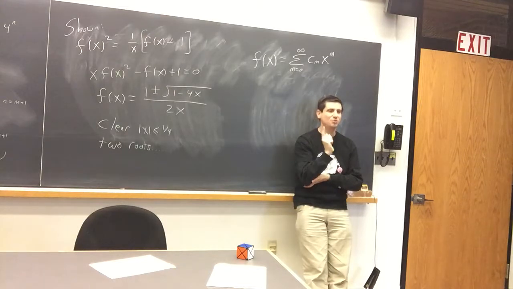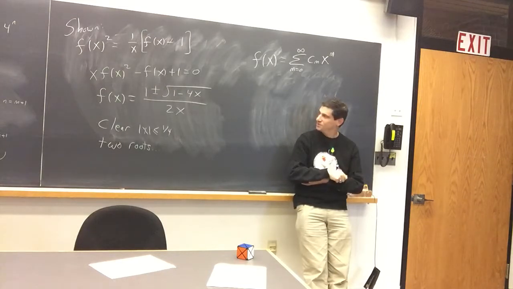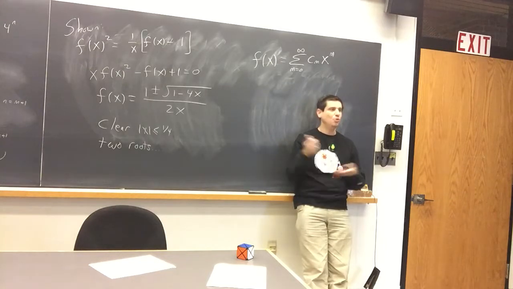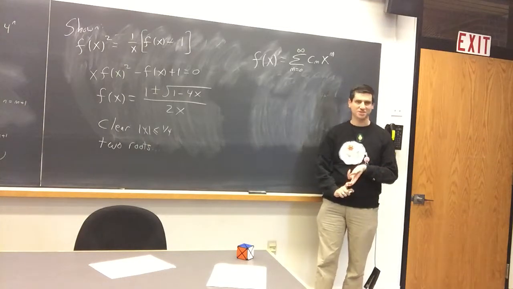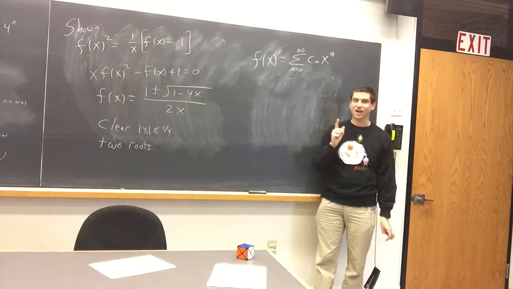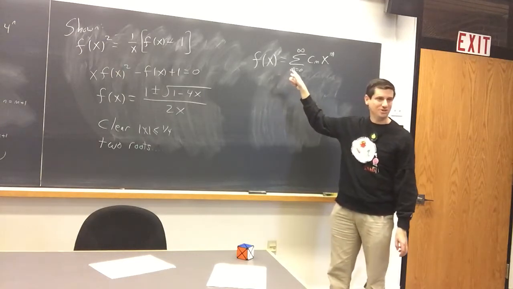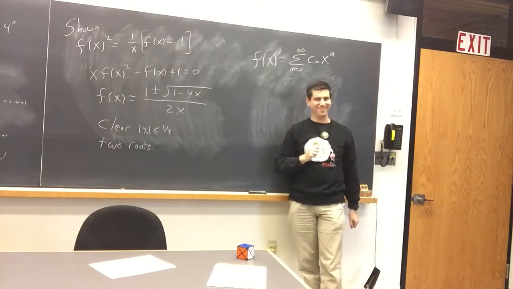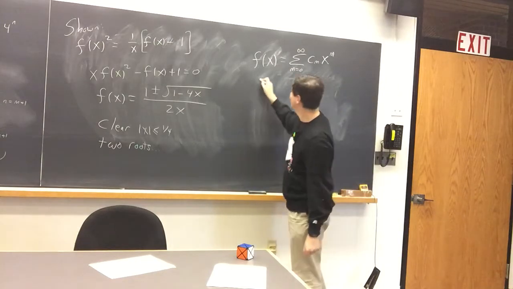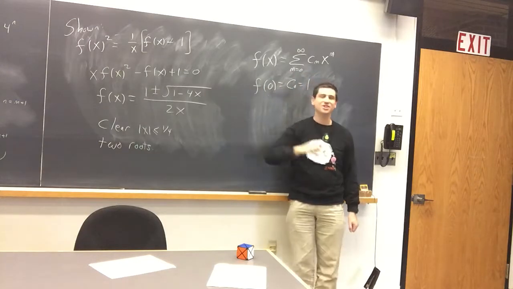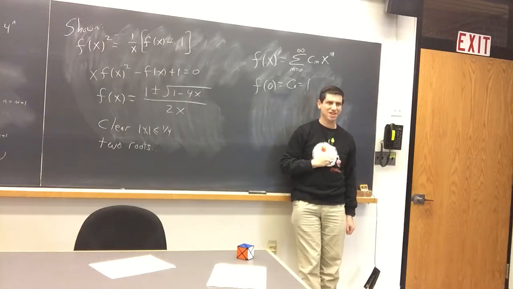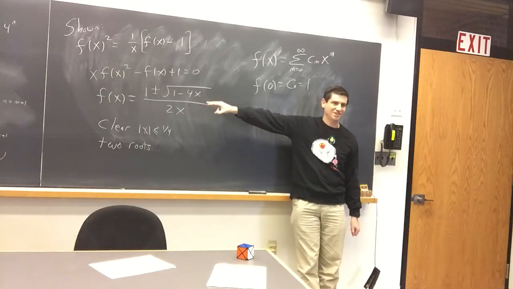I claim there's one special point you can evaluate it at, and then figure out if it is plus or minus. 0. When in doubt, you always want to be trying points like 0 or 1 because that's really nice for x's. So what must be the case? Is this well defined when x equals 0? Oh, okay, we're getting some smiles now. So f of 0 is just c0, which is 1. So this is going to tell us which root works. At x equals 0, this has to be well defined.